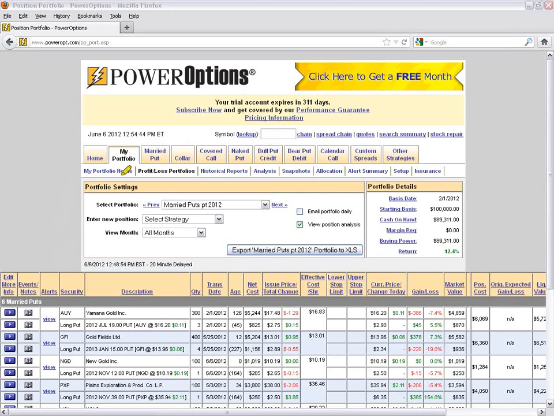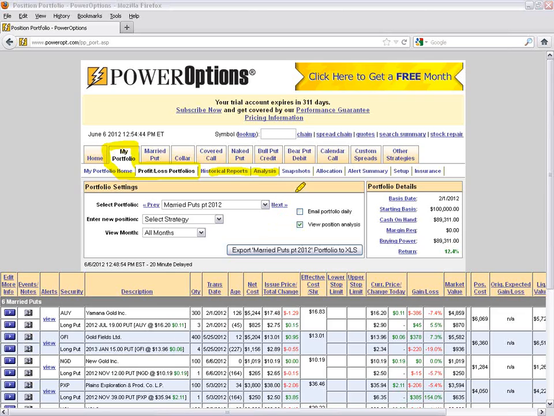I want you to note that now we're in the My Portfolio tab, and we have the profit and loss portfolios highlighted. This is where we track our open positions. At any time, I can go back and look at my historical trades, or I can view the analysis historically as well. That's one of the tools I like to use because it gives me every trade I've made on a particular stock that I've been tracking in the portfolio,